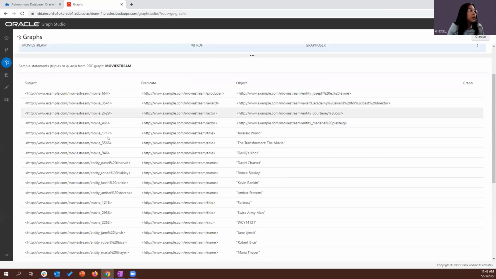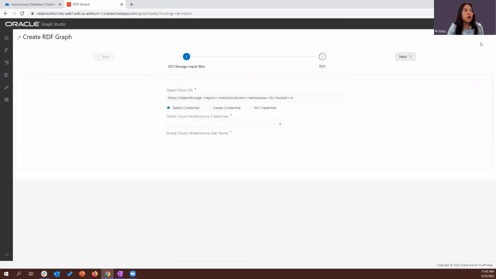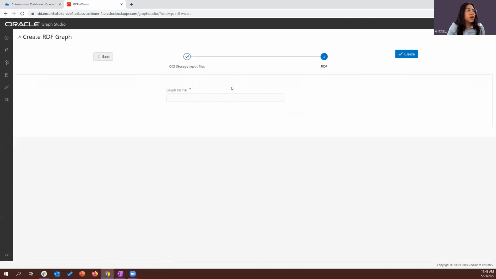So as you can see here, we have our RDF triple file. But let's say that we wanted to create our graph under Graph Studio. We would just go ahead and click on Create. And then we would copy our bucket store URI, and this would contain our RDF triple file. We can go ahead and click on No Credentials, since this bucket store is pre-authenticated. And we can go ahead and click next and give our graph a name and click on create finally, right? Since this graph is already created, we don't have to go ahead and click on create, but I'll move